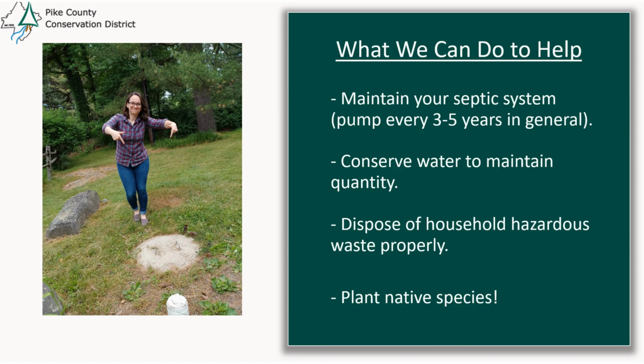You also want to think about disposing of your household hazardous waste properly. So those are things such as paints, cleaning products, oils, any kind of chemical, anything of that nature. That could also include any types of fertilizers and those types of chemicals as well. But you just want to make sure that if you do need to buy any of those products, you buy only what you think you might need. If you do end up having extra, don't just throw it in the trash. Make sure you're disposing of it properly and always follow the